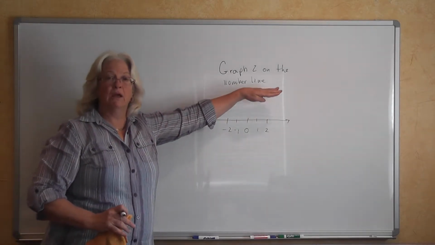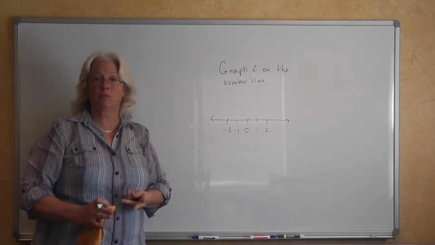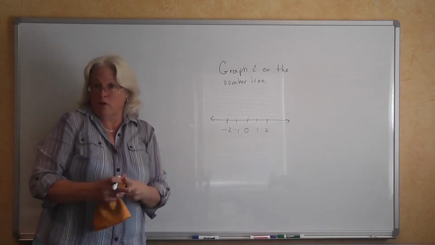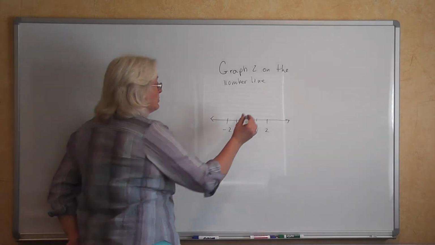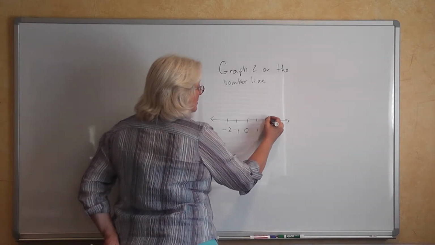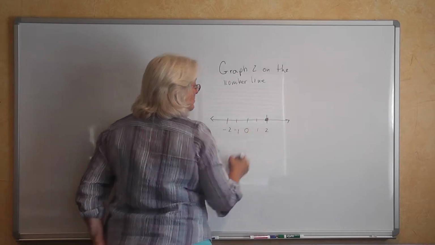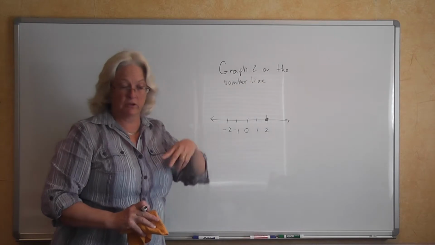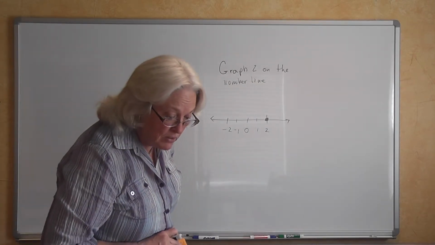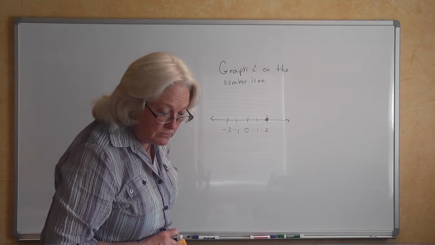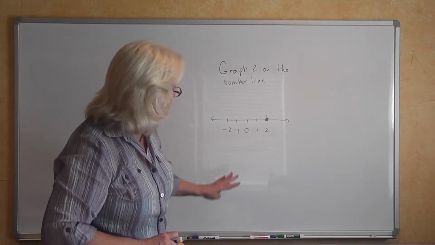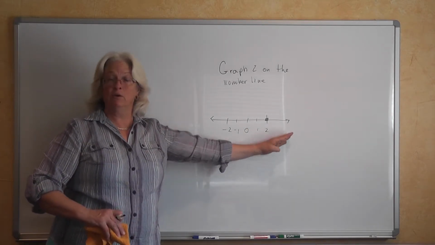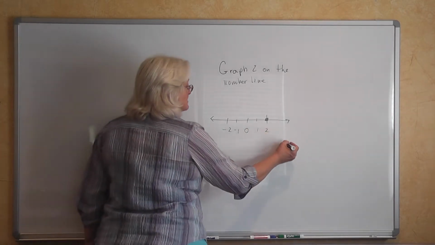So when we graph 2 on a number line, this is all you do. You find the location of that number on the number line, and you create your number line, and you put a solid dot right at that place on the number line. This is a picture of number 2, and when we are describing what this is, I said, this is the graph of 2 on the number line, and this dot right